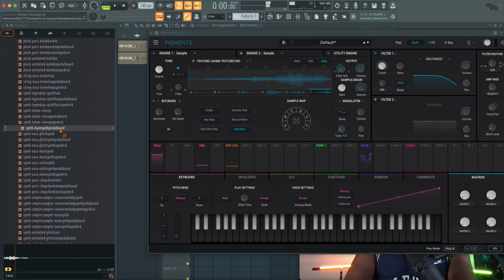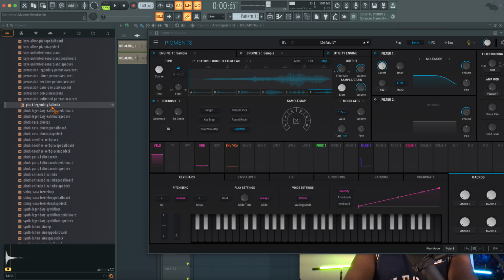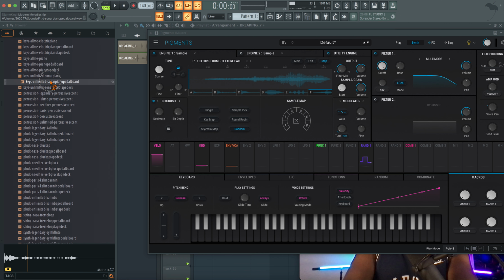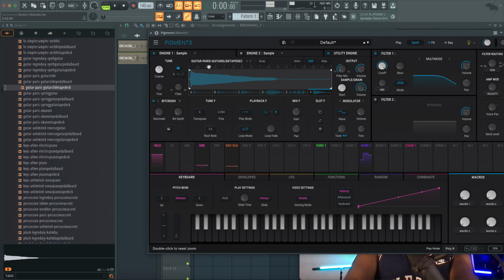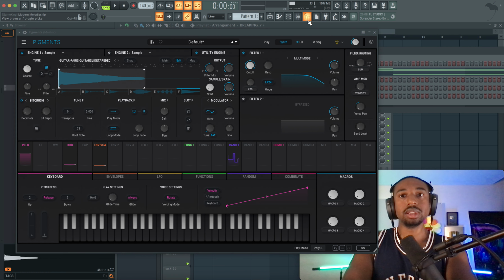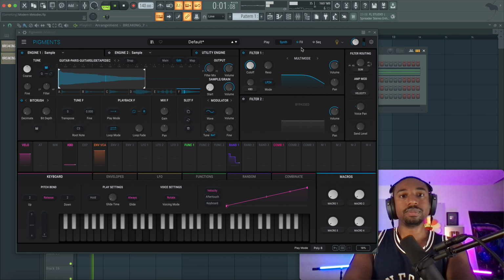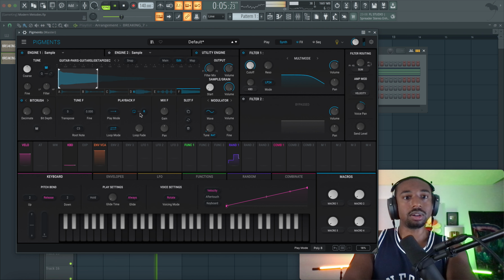Let's do some keys or guitar. Because that last sample was too, they call it atonal, meaning no pitch to it. It did have a pitch, but it was a smeary type sound. All right, anyhow. All right, so this is a pitch slide, so I'm going to cut that off and add loop fade.